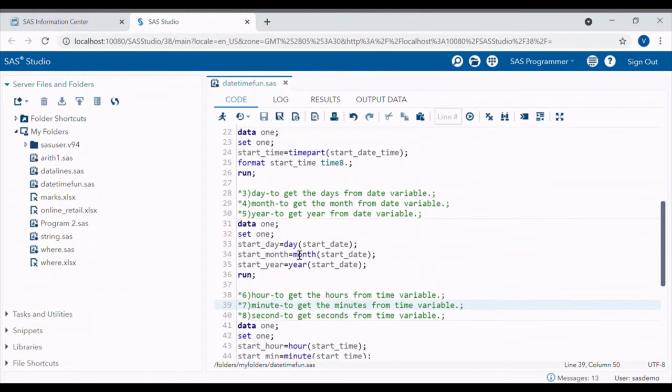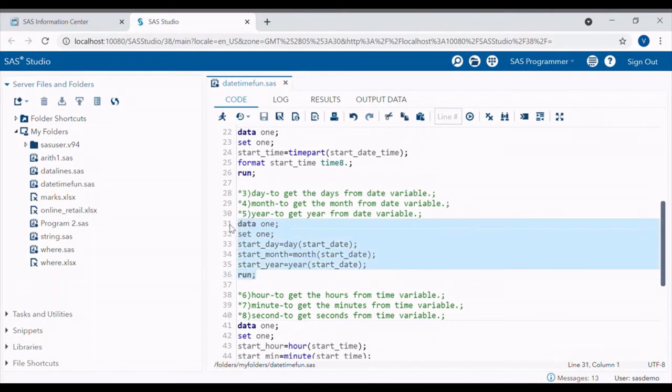If we want to separate day, month and year values from any date variable, we will use day, month and year functions respectively. Suppose we want to separate day, month and year values from start date variable, then the code will be any new variable name is equal to functions, which is day, month or year, and in parenthesis the variable from which we want to extract these values.